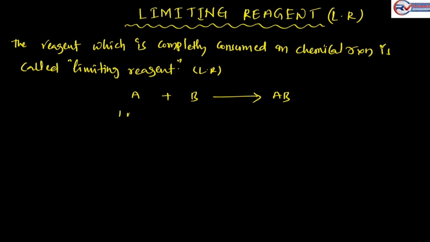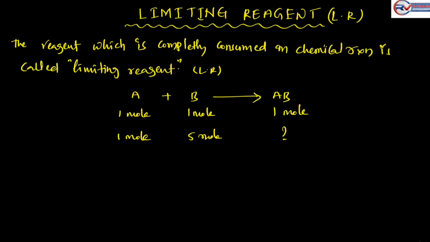A is 1 mole, B is 1 mole, and AB is 1 mole. Initially 1 mole of A and 1 mole of B give 1 mole of AB product. After some time, A reactant decreases by 1 mole. If B is 5 moles,